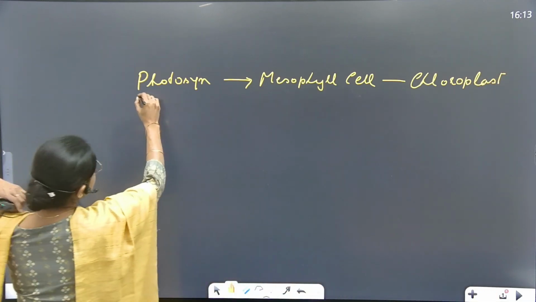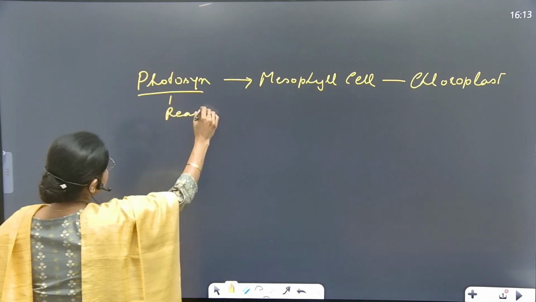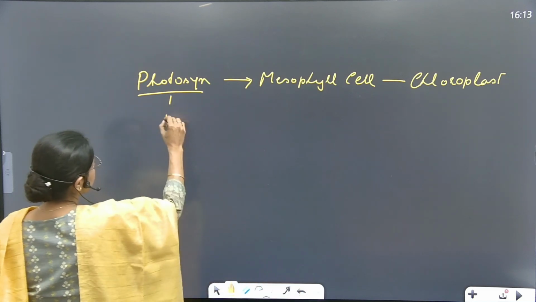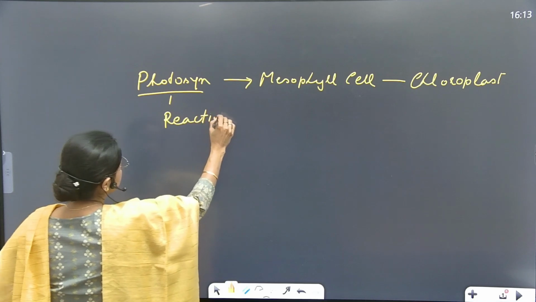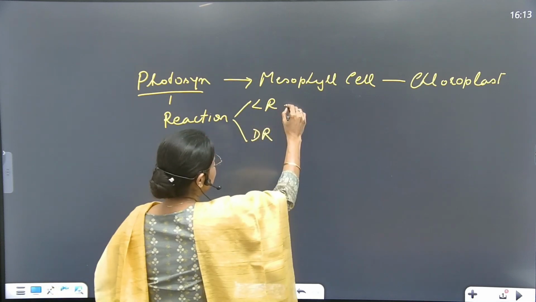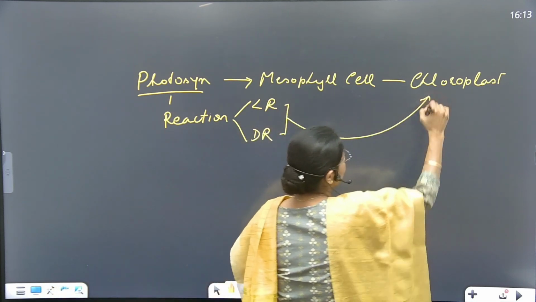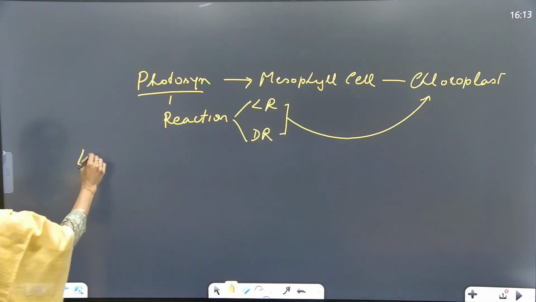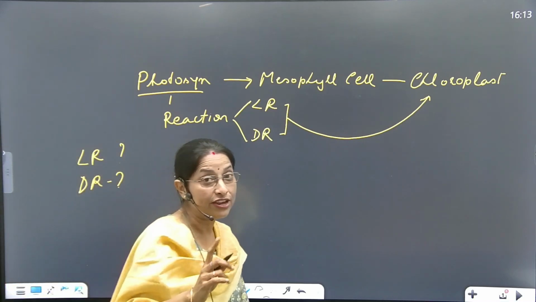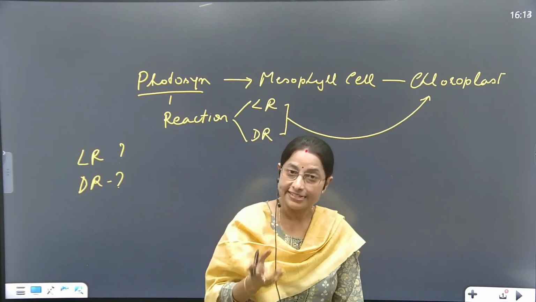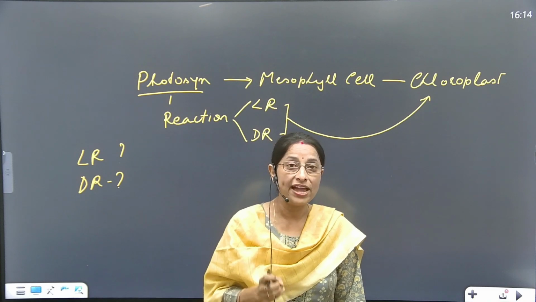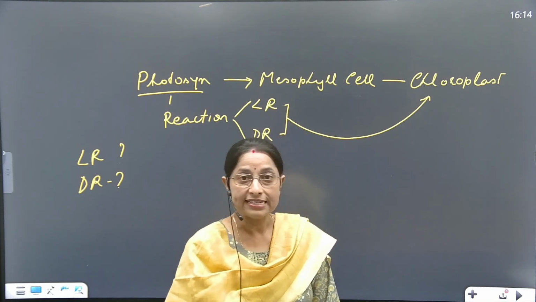Another point that we have studied is photosynthesis is a reaction. There is a light reaction and a dark reaction, so we understand that two reactions occur in the chloroplast. The next question is where the light reaction occurs and where the dark reaction occurs. Photosynthesis is a reaction with two steps, light reaction and dark reaction. What is the site of photosynthesis? It occurs in the chloroplast. Now to be precise, where exactly in the chloroplast? To give that answer you should have an idea about